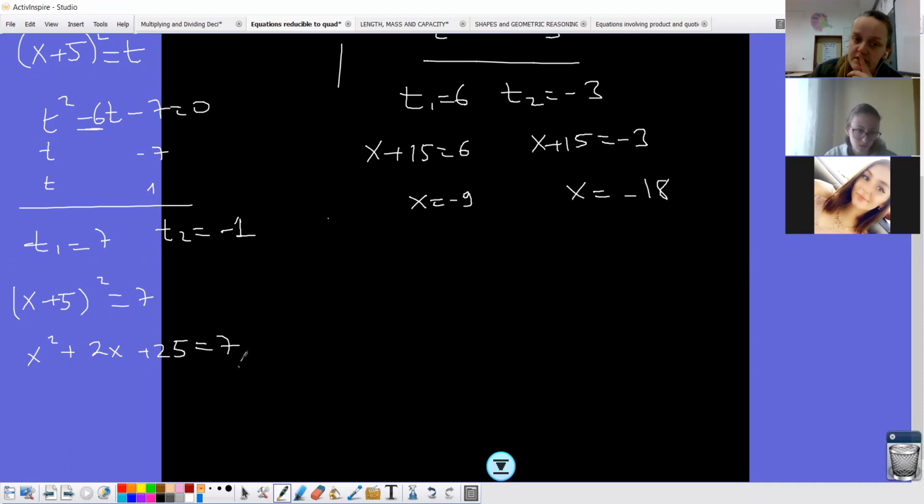When I take 7 to the other side, 10x plus 25 is equal to 7? I didn't hear the whole question. Can you tell me one more time? Isn't it x squared plus 10x plus 25? Yes, it will be 10x, now I realize, because we have 5 here. Now, when I take 7 to the other side, x squared plus 10x,